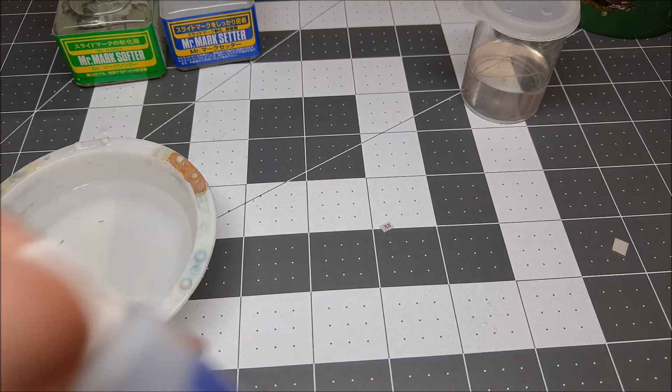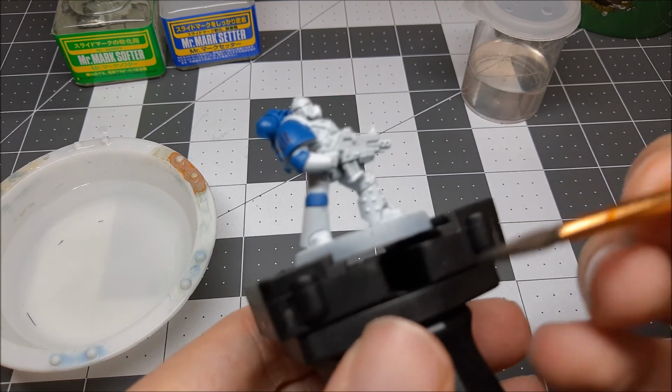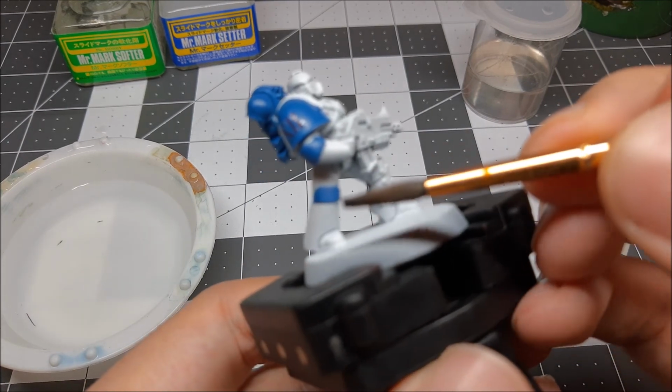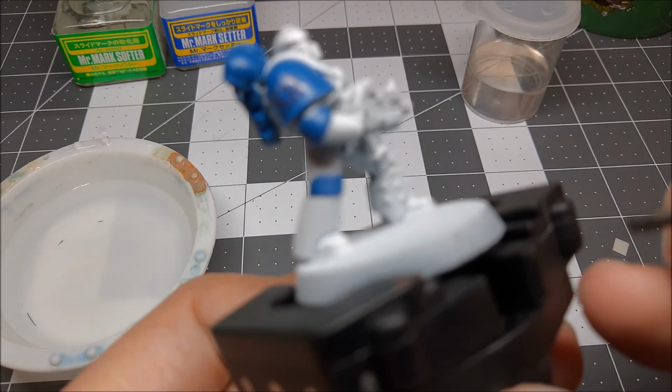And in my case, I like to use Micro Set. This is part of a two-step process to get decals to kind of melt onto surfaces and make them look painted on. Although, as I mentioned before, you do not need to do this step. You can just use regular water and then use GW's Ard Coat, or you can use whatever gloss you want, or if you don't even want to use gloss, that's up to you. So I've got a little bit of the Micro Set here. And basically all I'm going to do is apply it